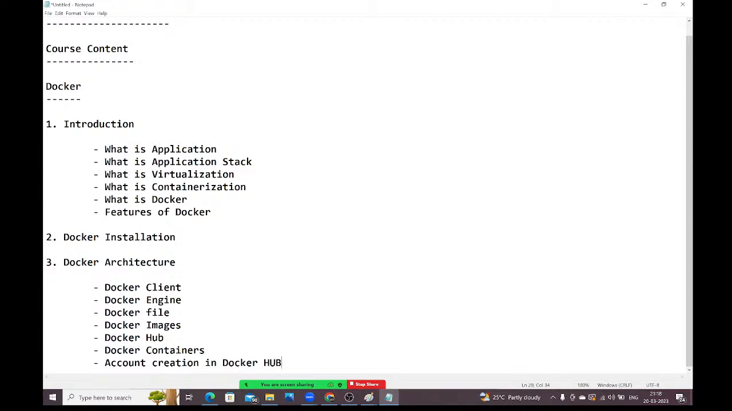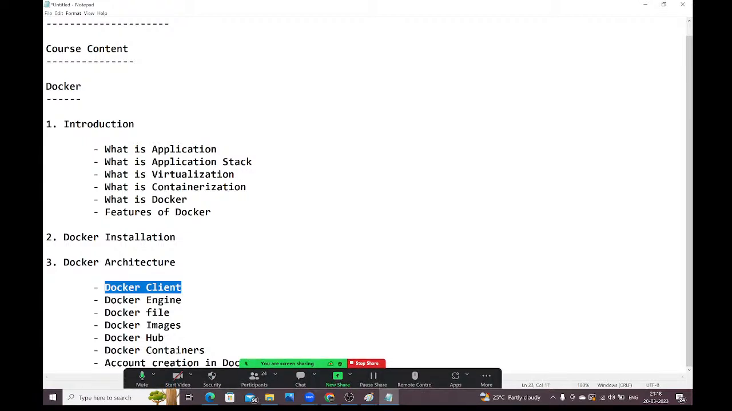See, guys, Docker architecture. In this Docker architecture, we are going to understand what is Docker client, what is Docker engine, Docker file, Docker images, Docker hub, Docker containers, account creation in the Docker hub. All these things we are going to discuss under this Docker architecture only. Once this Docker architecture is completed, next we will talk about